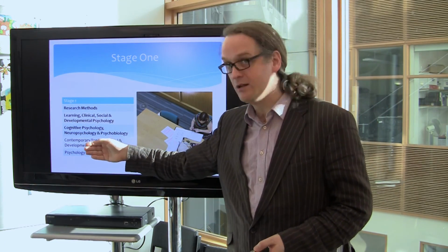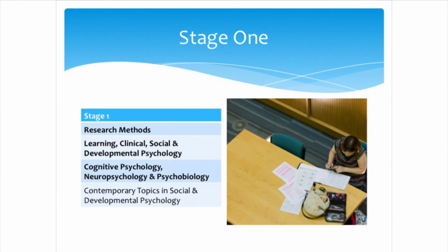And then we have, for the single honours students, these two other modules, contemporary topics in social and developmental psychology, and the psychology of everyday experience. These are both courses that try and make a connection between the basic information you're getting in the core modules and the real world. So for example, in the psychology of everyday experience, this module has really quite a nice